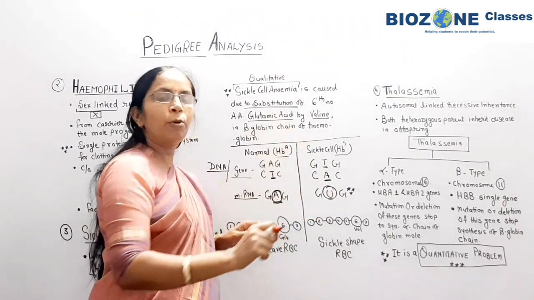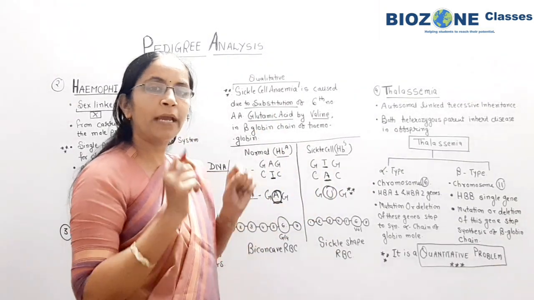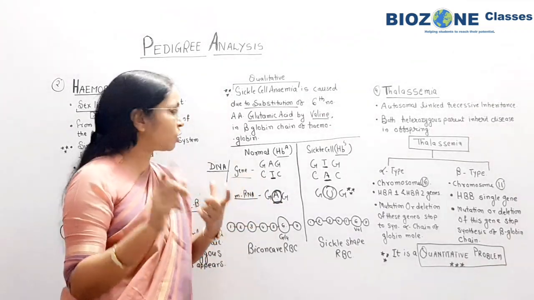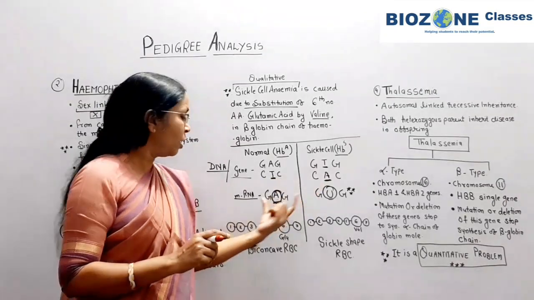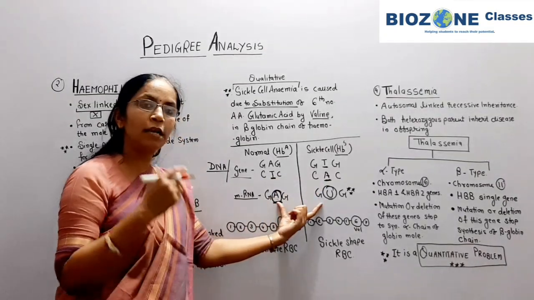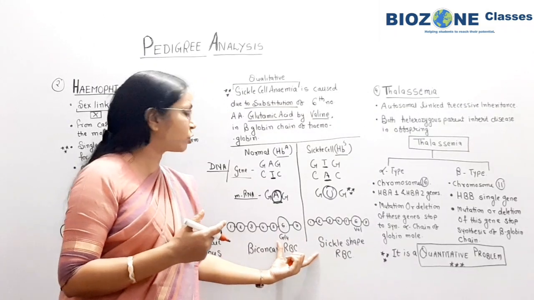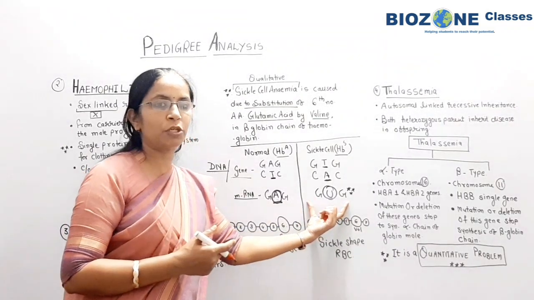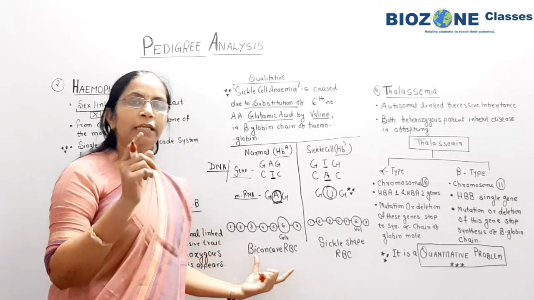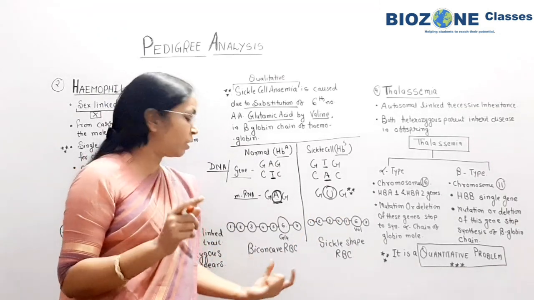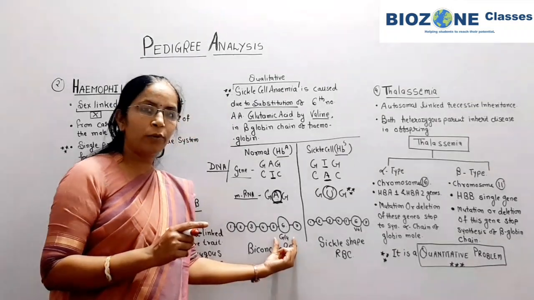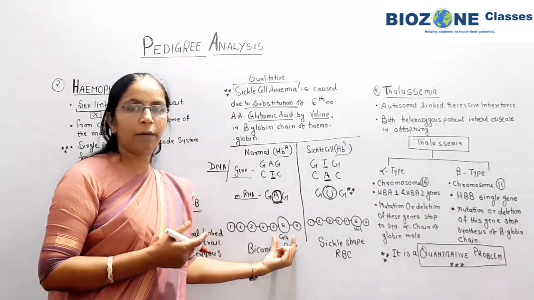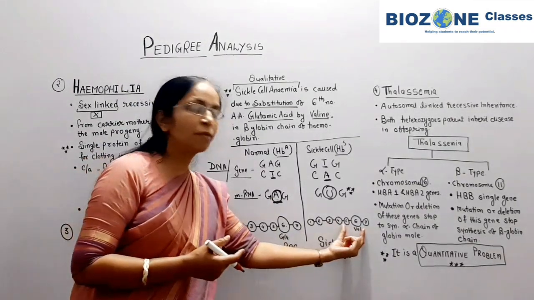So while providing the answers for this section, pay attention whether the question is asking for RNA or for DNA. If question is for DNA, this may be changed. If the question is for RNA, mostly RNA and proteins, amino acids के लिए questions आए हैं. So GAG replaced by GUG, and because of that base substitution in normal hemoglobin at 6th number amino acid, क्या है आपके पास glutamic amino acid और glutamate आप कह रहे हैं. So glutamic amino acid at 6th number position is replaced by the valine.